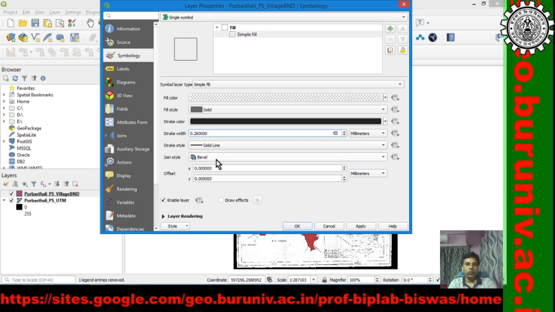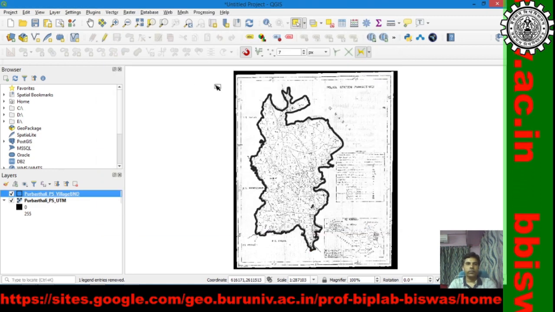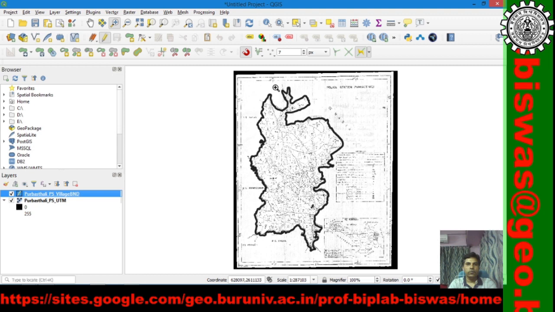We may like to increase the width of the line, hit apply, OK. Now, make this layer editable, this is the editable button, zoom it.